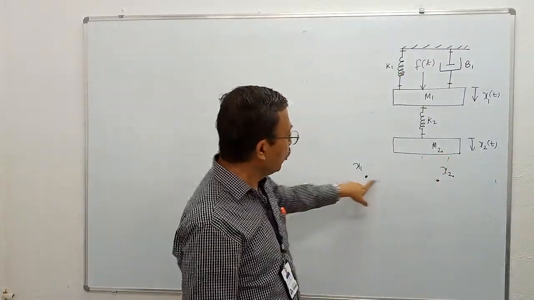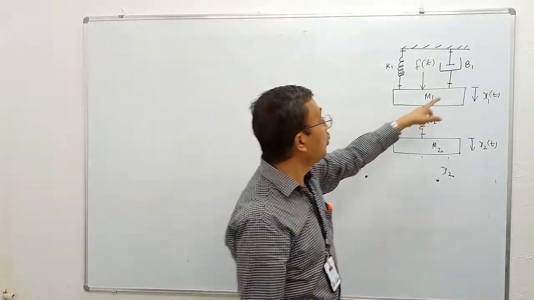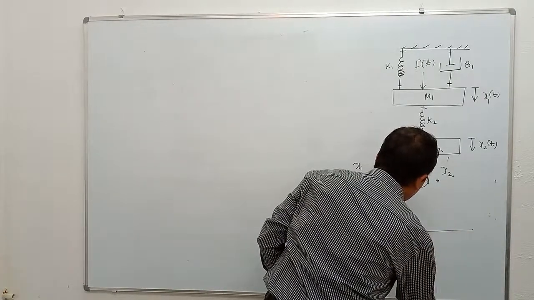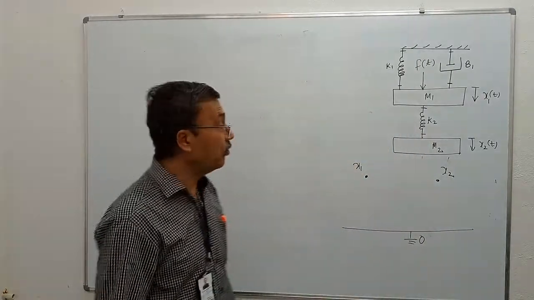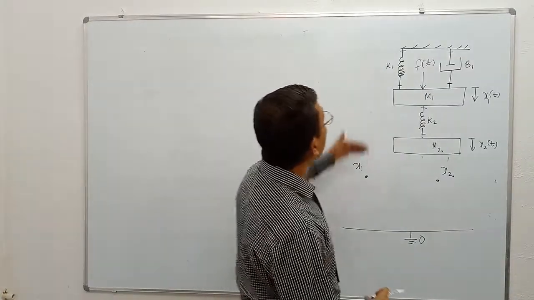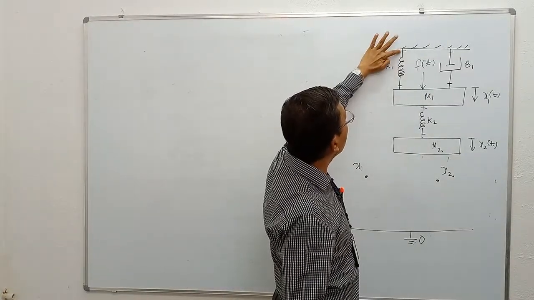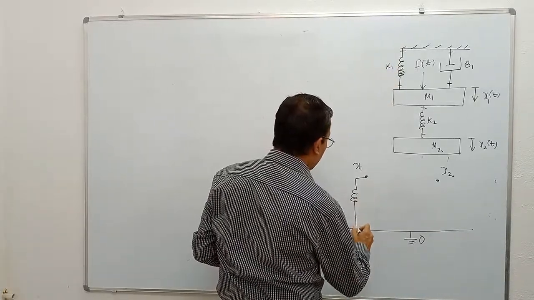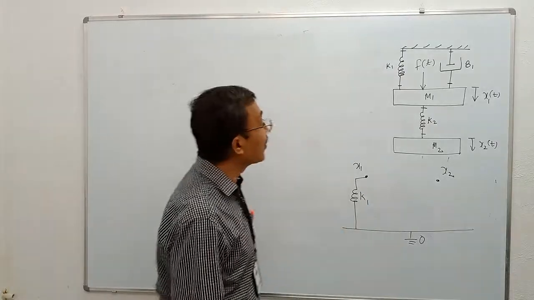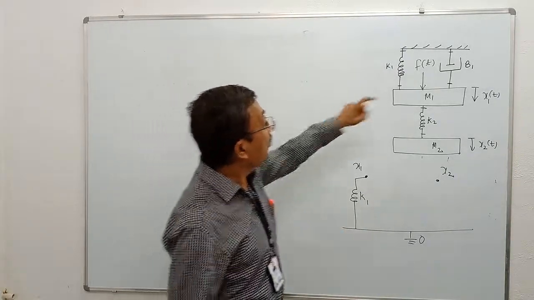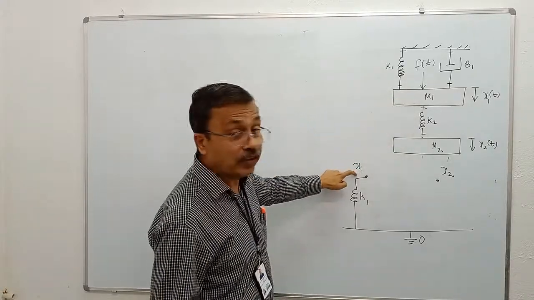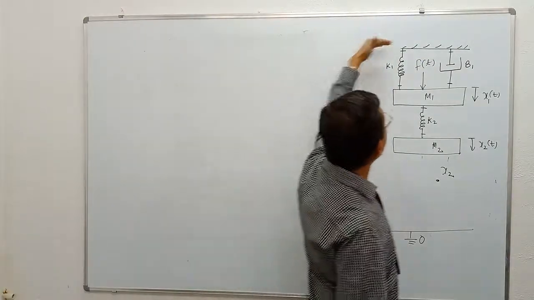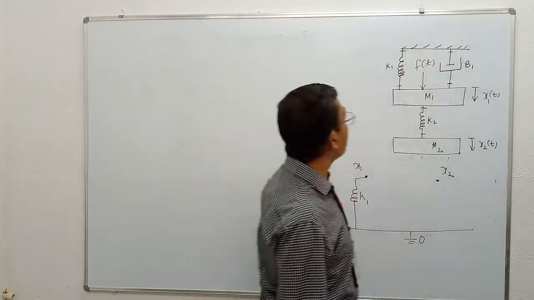I marked two independent nodes x1 and x2 because there are two displacements in the mechanical system. We shall take a node called reference node which has a displacement equal to 0. Now let us start the problem from the fixed end. Here the displacement is 0, on the other side it is x1. Therefore, spring k1 will come between x1 and 0. Normally, m1 in this figure corresponds to x1 in this figure. The reference node corresponds to the stationary reference in the mechanical system.